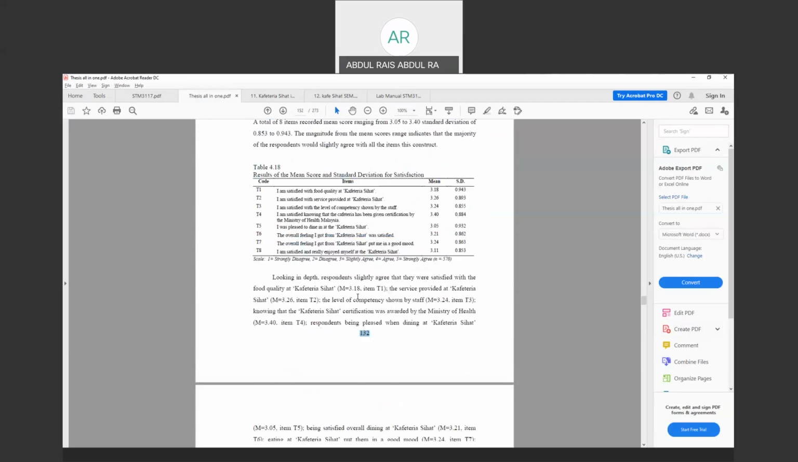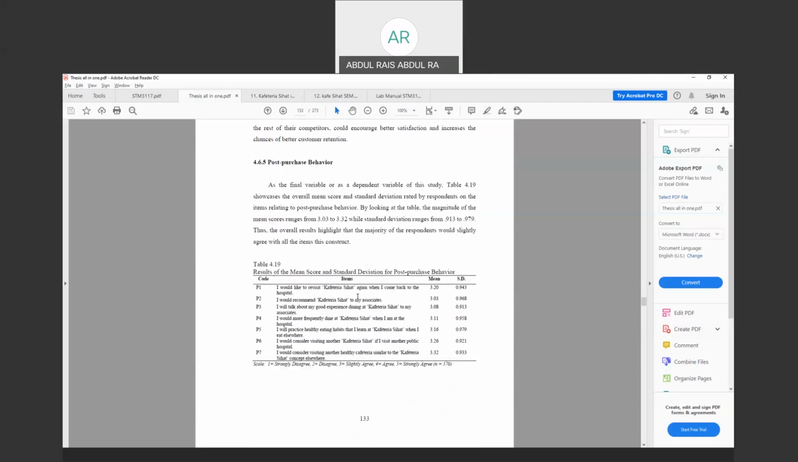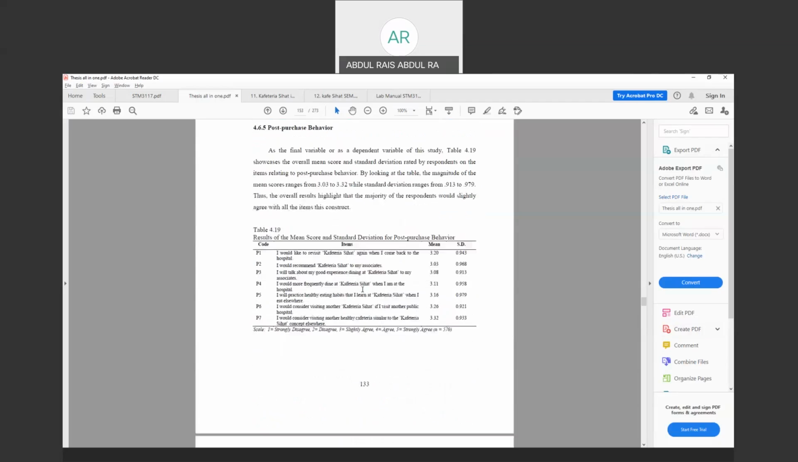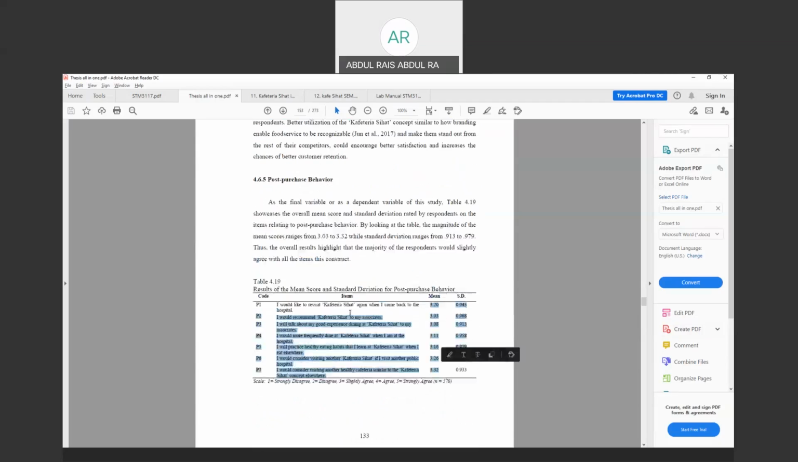Let's look at the dependent variable. In this case, post-purchase behavior. You can see here, close to 3, slightly agree. Okay. Let's see the write-up. As the final variable, the study table showcases the overall mean score and standard deviation rated by respondents. Okay. If I look at the table, the magnitude is between 3.03 to 3.2 and the standard deviation